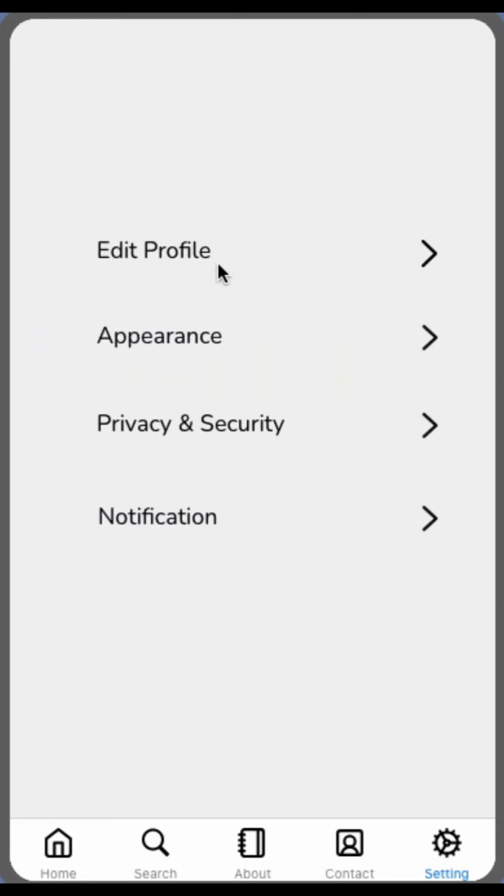Then you can go to your settings, where you can edit your profile, your appearance, privacy and security, and